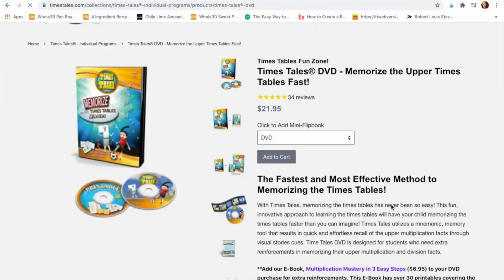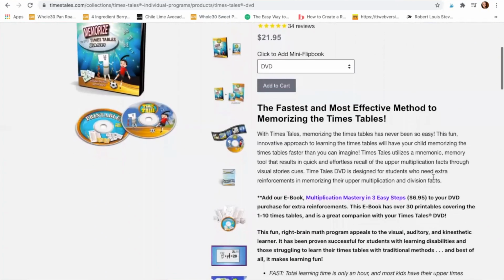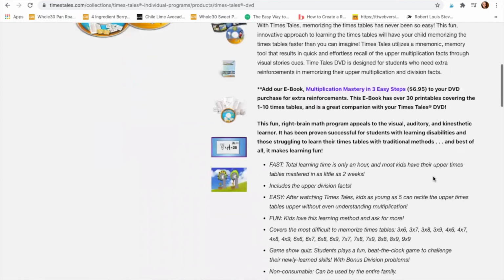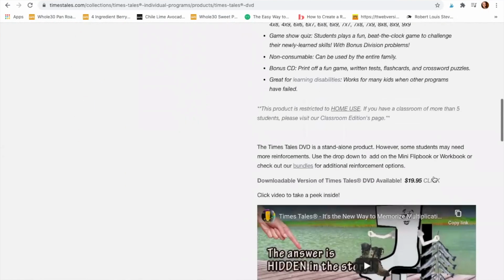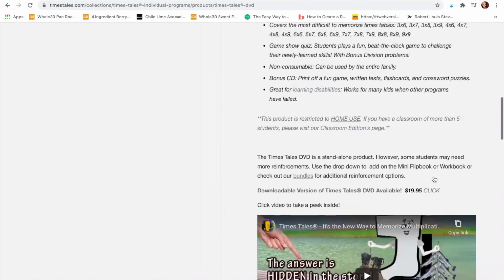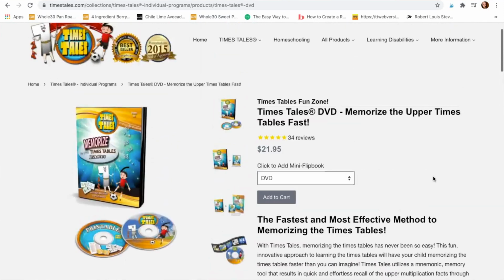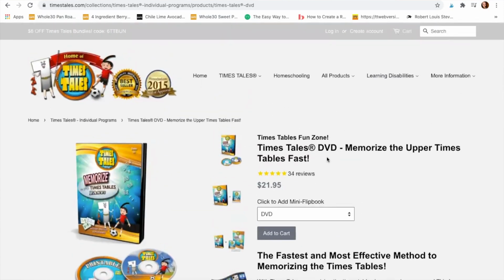I kind of put it on hold a little bit during the summer to give my kids a break, and we're going to pick it back up once we start school again pretty soon. It came with a set of printables, so I can test my kids once we have gone through all of the different stories and stuff. I can test them on their multiplication to see how much they've retained, and there's all kinds of different things in there. And I have a blog post that talks a little bit more in detail about this,